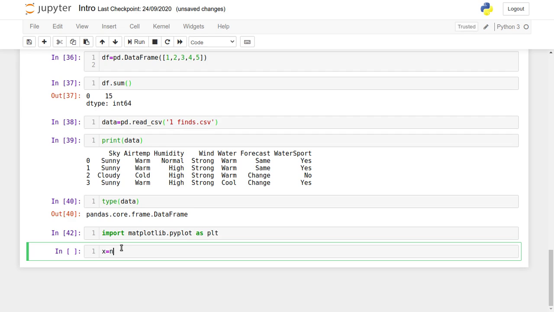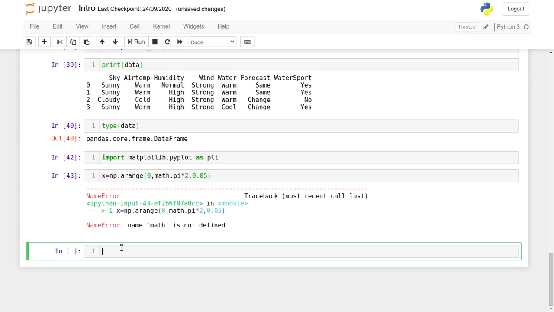So let us see how to plot the graph. When using matplotlib, we frequently use numpy. So we use the arange function of numpy to get the array, as we are plotting the sine wave. We will make the values in the range 0 to 2 pi, that is 0 to 2 times math.pi, with a step size of 0.05.